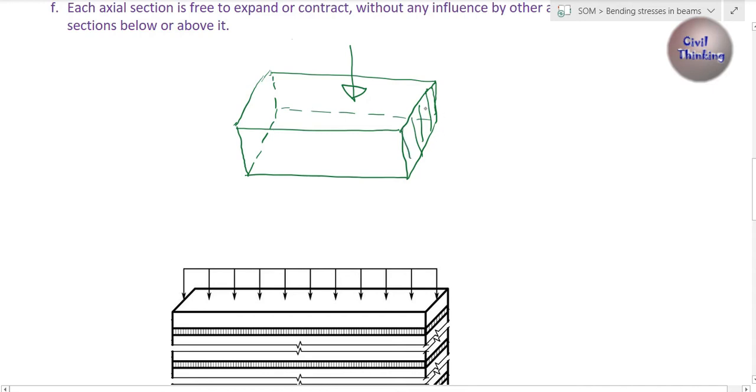This is a plane section, and in fact all the sections, if you see this section too, this is also a plane,